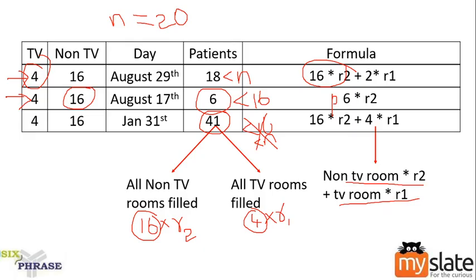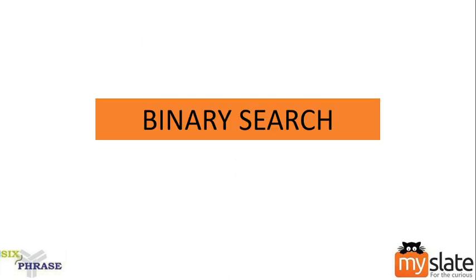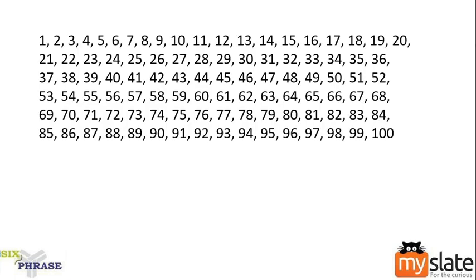For optimization, I'm going to use a concept called binary search. So when I say the term binary search, some of you may know it, some of you may not know it. So I'll just give a quick recap on what is linear search and what is binary search. Okay, consider you have 100 numbers. Set of 100 numbers, continuous values, and I'm telling you from these 100 numbers, search for the value 68. This is my question. I've given you 100 numbers in sorted order and I'm telling you search for 68.